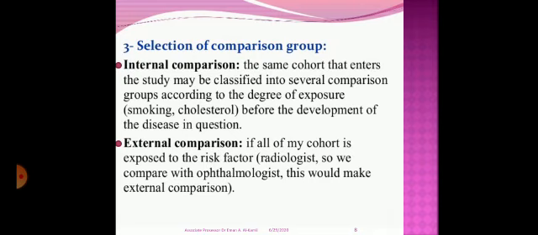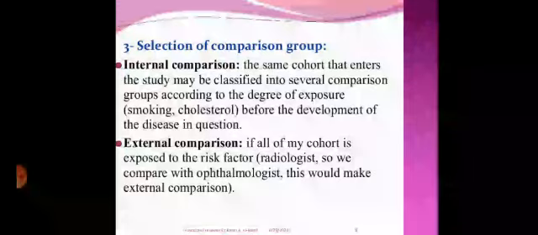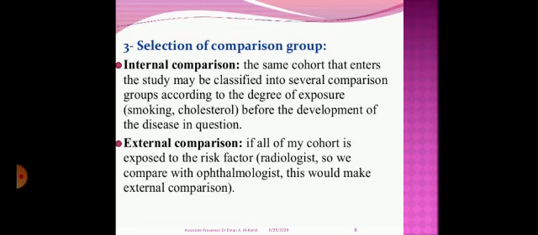For example, if we want to see the effect of smoking among college students, we would divide them into two groups from the same group, for example the second year, into smokers and non-smokers. So this is called internal comparison,